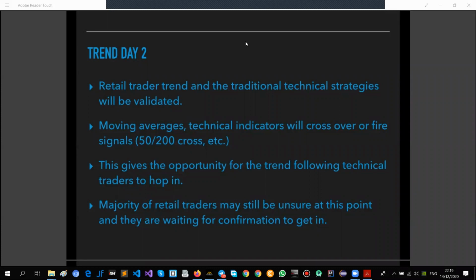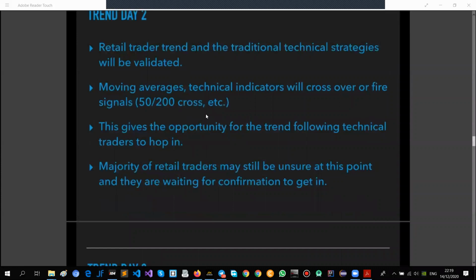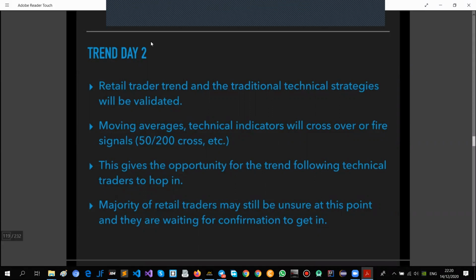But for us on the trend day two, we're expecting a 50 200 cross, and that means we're expecting a level two move. On the level two move, we're expecting a straight away trade there. That was what we called a straight away trade. We'll talk about it in the next few chapters. So on the trend day two here,